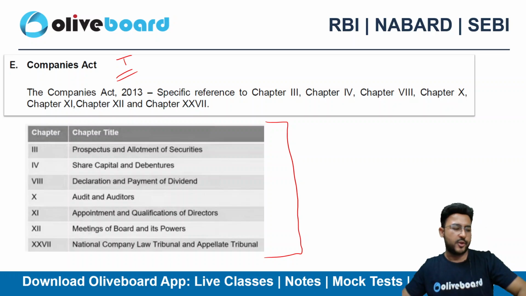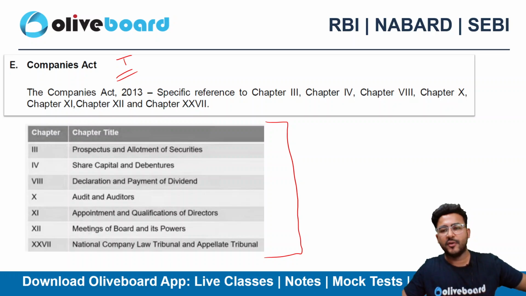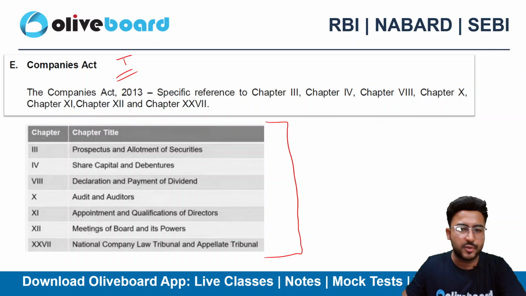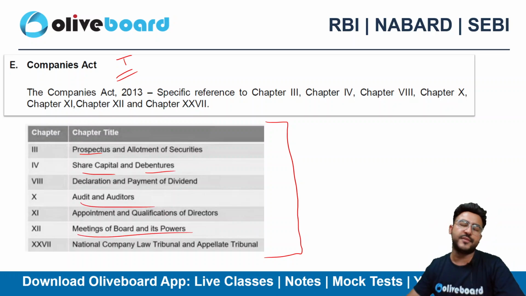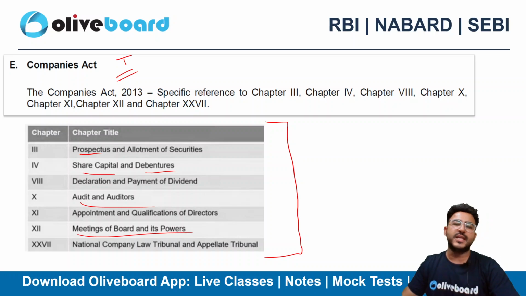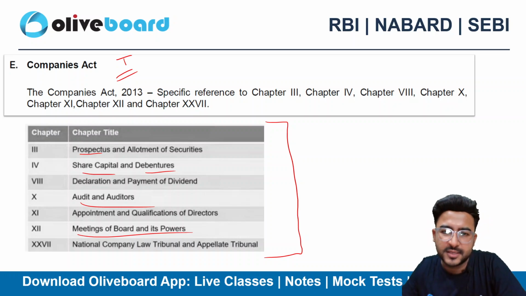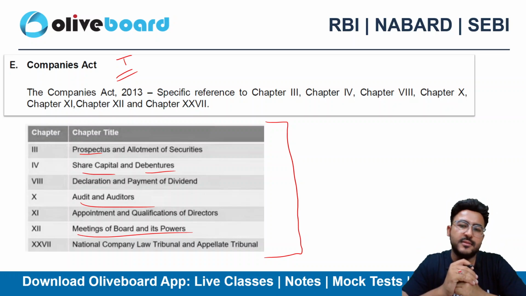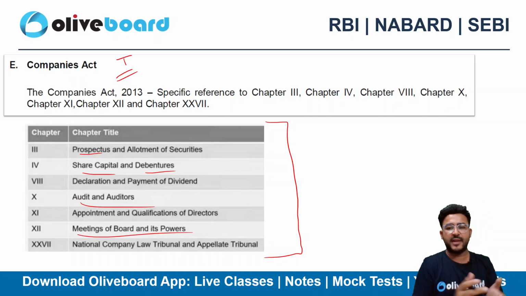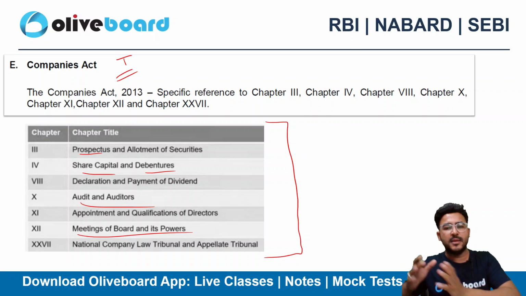This is a core theory topic again. So I'll advise you can take this particular topic with any of the practical subjects in your phase 1 examination. You need to learn about the prospectus, share capital, debentures, audit and auditors, meetings of the board, and a lot of things are there. You don't have to study the entire Companies Act 2013, just the important provisions of it that are being mentioned, the important chapters, and I'll be definitely telling you in the live classes what can be the most important part